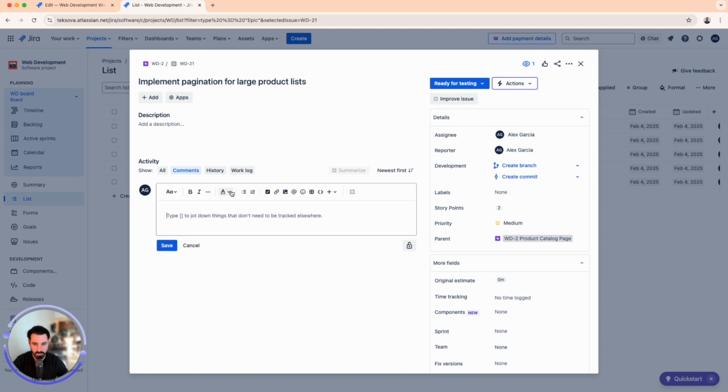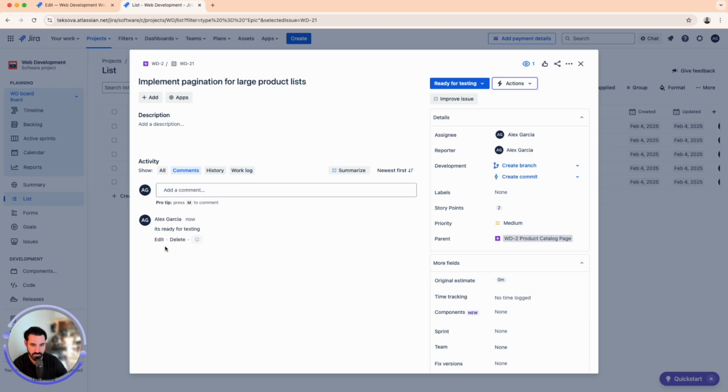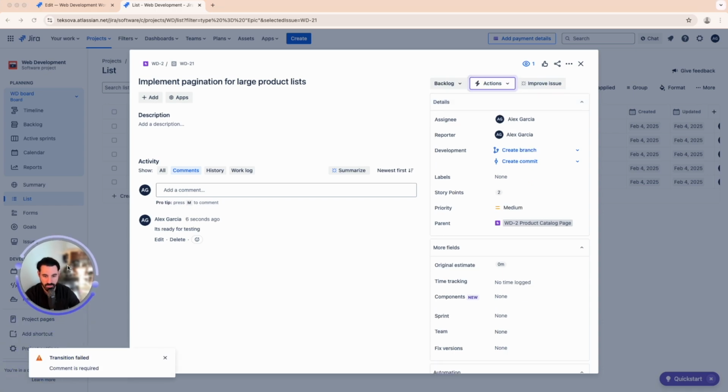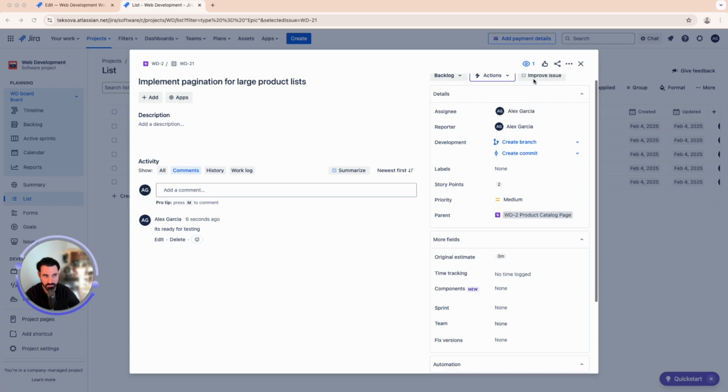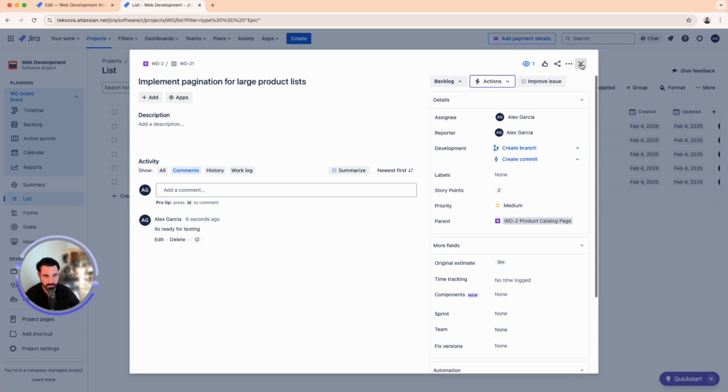Now, if I leave a comment, let's say it's ready for testing, and I save this. Now, if I move it, it still says transition failed. Now, this error occurs because the comment required validator expects a new comment to be added at the time of the transition, not beforehand. So to fix that, we're going to close this and we're going to go back to